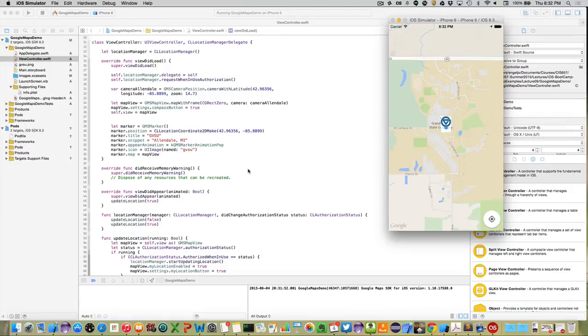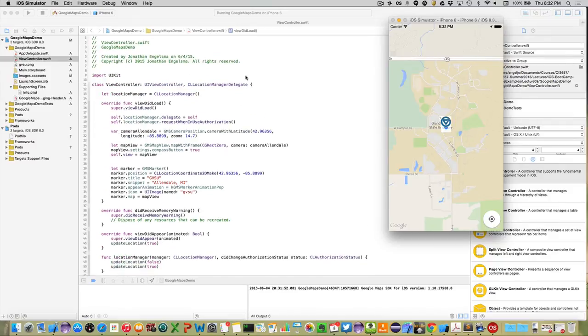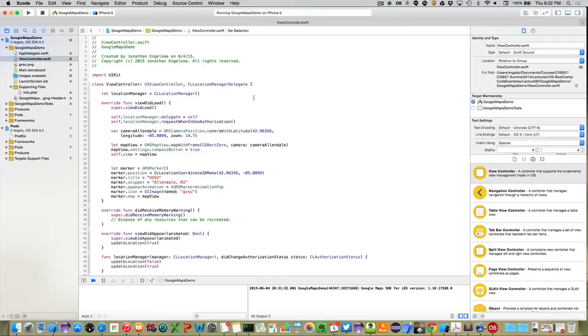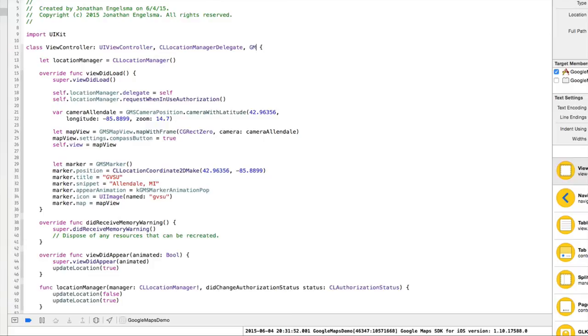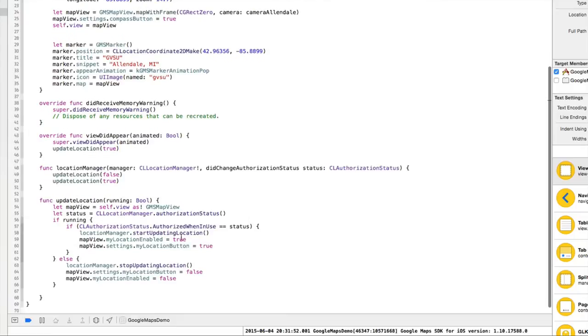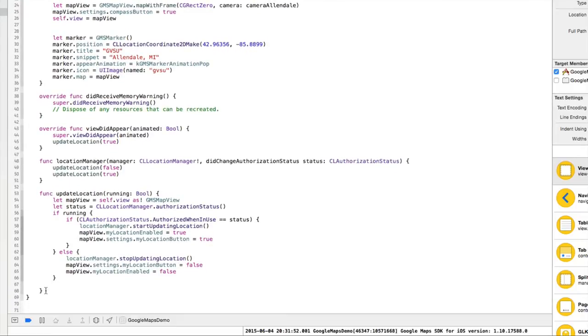Okay, one more thing. Let's say we actually want to interact with that marker. In other words, when somebody clicks on it, we want to get a callback in our view controller so we can actually do something other than pop up that silly thing. So to do that, we need to implement the GMSMapViewDelegate. So we'll go in here and we'll implement the GMSMapViewDelegate. And there's a whole bunch of methods, but the one I'm going to override, I just care about the tapping right now. So I'll say func